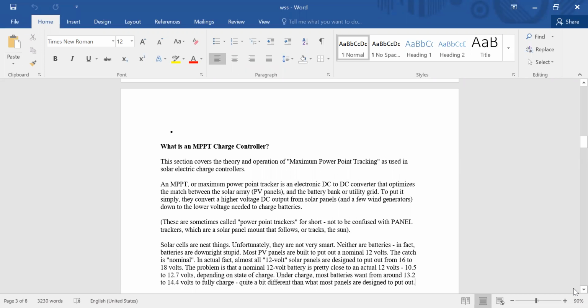So we are generating electricity, though the amount is not big. We generate some amount of energy, because the sun is there in summer, and in summer we generate the maximum energy. So we say that it is a power point tracker also, or for short, a panel tracker also.